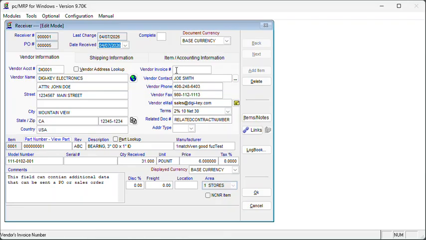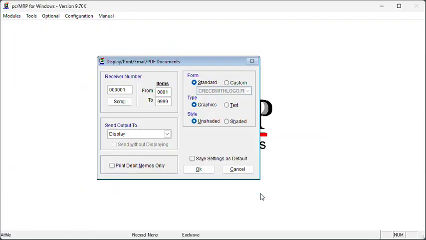The accountant will enter the vendor's invoice number 1234 and see that the vendor charged us $10 for freight. So she will enter the $10 for the freight. The receiver is now ready to be posted. So the accountant will press the OK key. Now that the accountant has entered the vendor's invoice number into the receiver, she can now